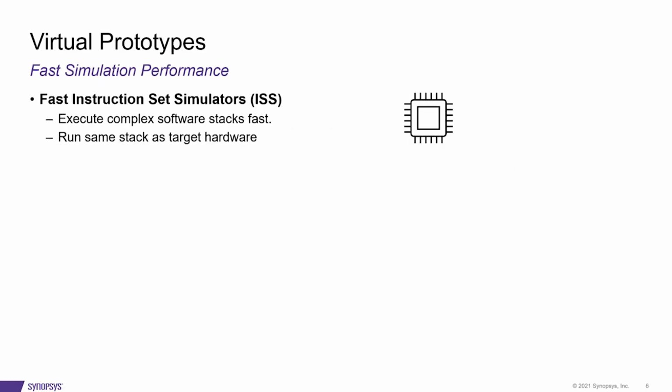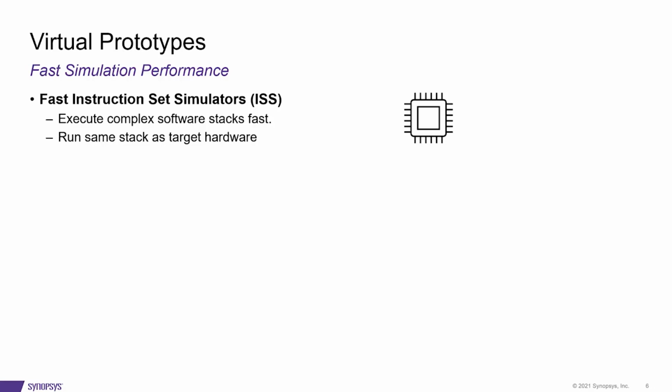As we have already seen, simulation performance is key to making virtual prototypes useful tools, and here we will discuss some of the aspects of this. The most important component of any virtual prototype is the instruction set simulator, or ISS, which is executing the target code. For software development purposes, this is generally designed to be instruction accurate only, with architectural details like pipelining or